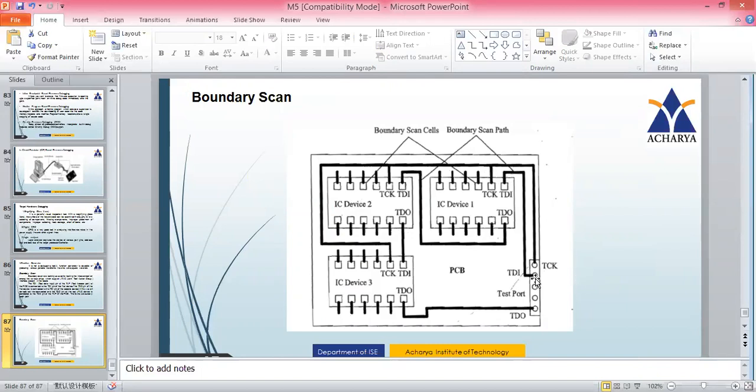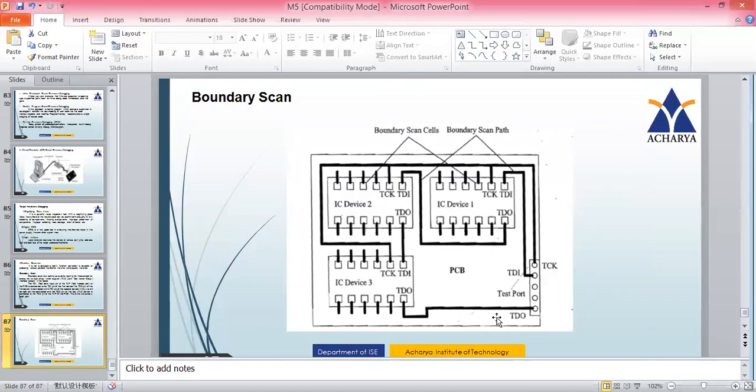Now we are going to establish a path. The TDI pin of the JTAG interface is connected to the TDI pin of device 1, and the output pin of device 1 is connected to the input pin of device 2. Again, the output pin of device 2 is connected to the input pin of device 3, and the final output is connected to the TDO of JTAG. So once we issue a signal here, it should travel via all the paths, and finally it has to come back here with an LED glowing. Once this TDO signal gets back, it means that all the connections are properly working.